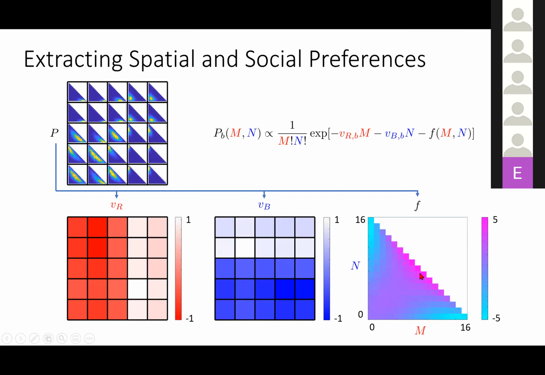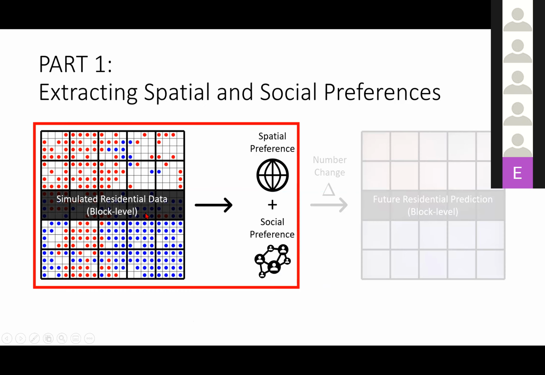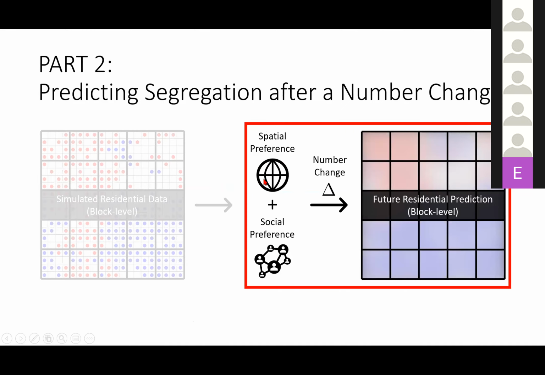And this frustration is telling us that there is segregation going on because red and blue people don't want to mix with each other. So by looking at data alone, we are able to extract basically all the information there is from the Schelling simulation. Now let's see if we can use these extracted preferences to predict the future population distribution as we impose a